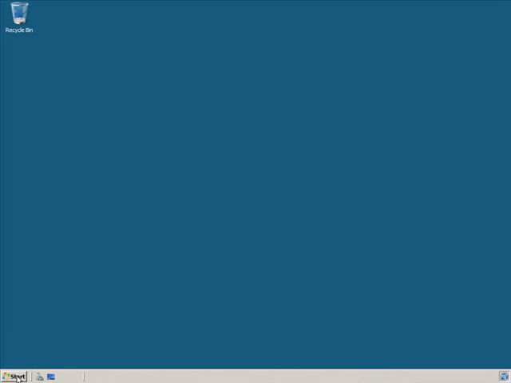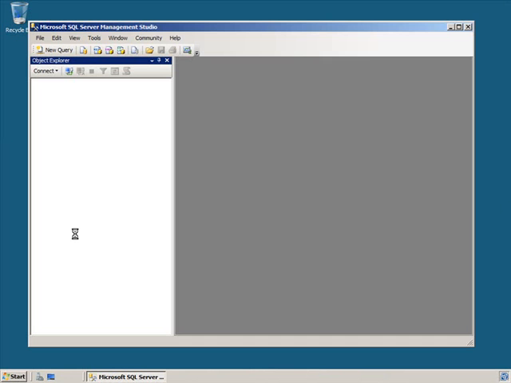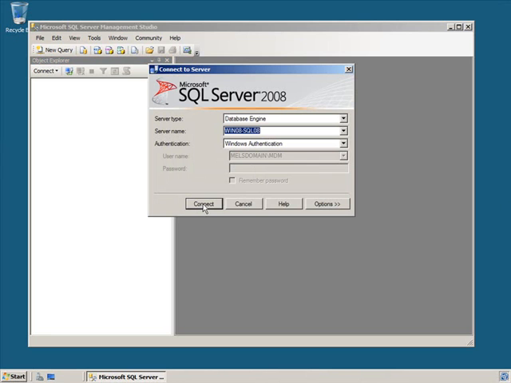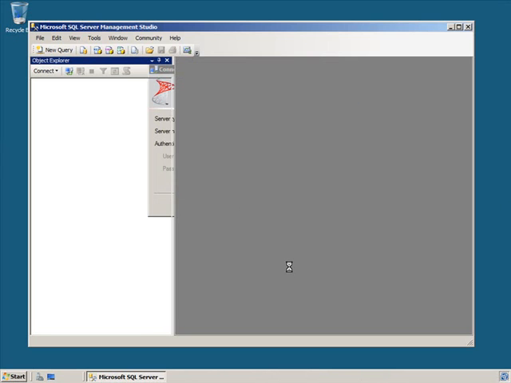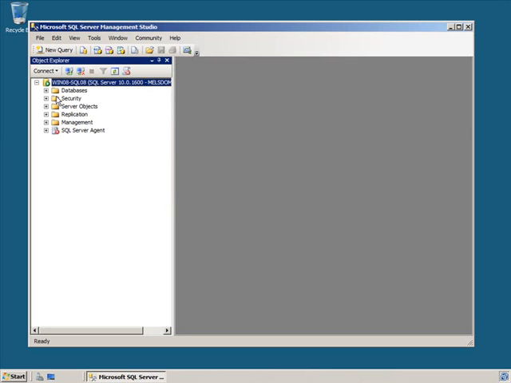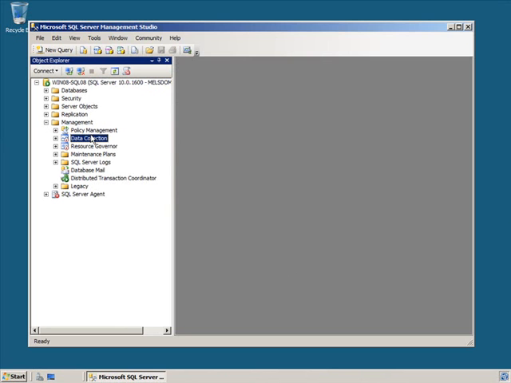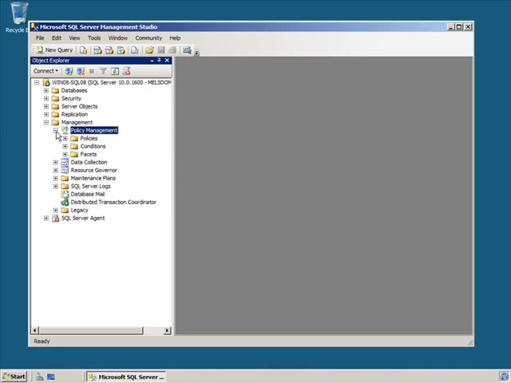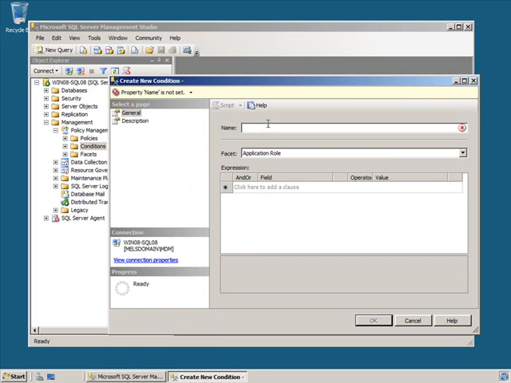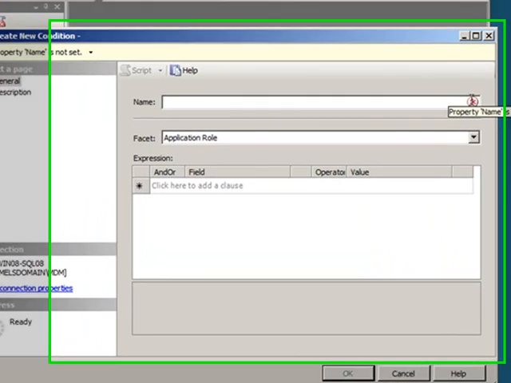So I'm going to start by bringing up the Management Studio. Go ahead and log in using my MDM account. If I go to the Management folder, expand that. The first thing under that list is Policy-Based Management. There. Expand that, and we start by creating a new condition. So I'll right-click on Conditions, go to New Condition, and that'll bring up my New Condition dialog. Using that, I'm going to create my condition and start by giving it a name, and I'll just call it